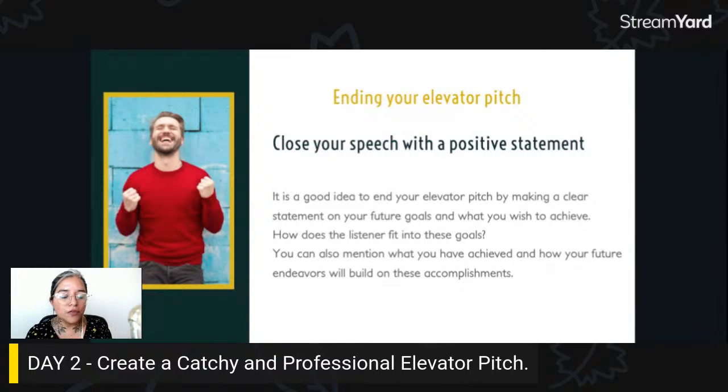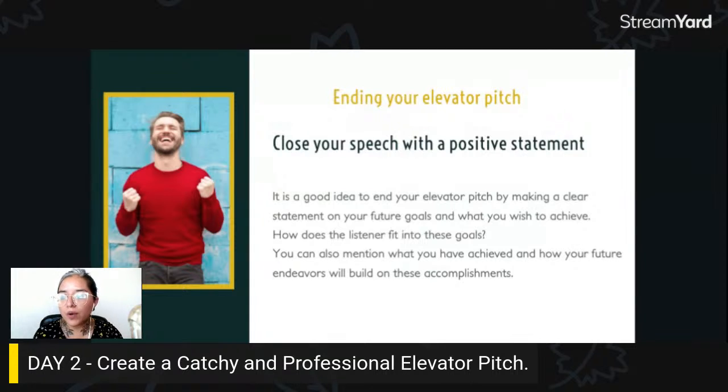It's like you cannot finish the elevator like, well, but I don't think I have the capabilities. I don't think I have the skills for doing this and that. Those are my goals, but I don't think I have the skills for that. I have to continue studying. I mean, no, right? If you want to show confidence, then you have to finish your elevator with a positive statement, okay? In all the previous examples, there were positive statements. So think about that.